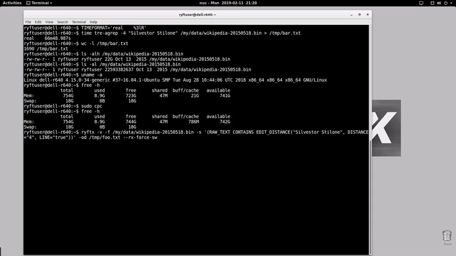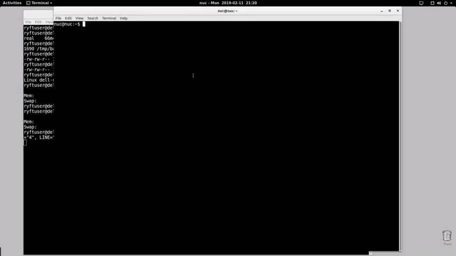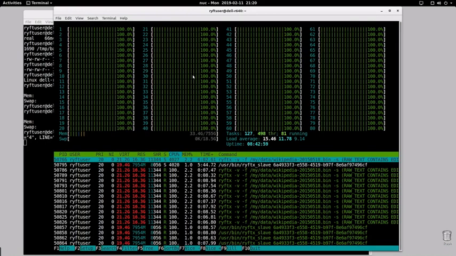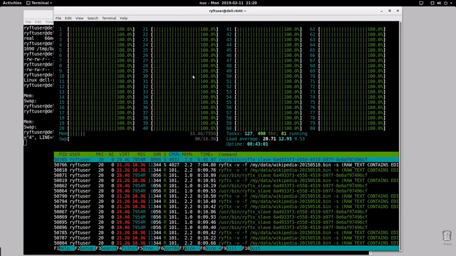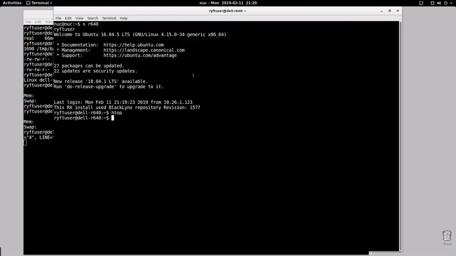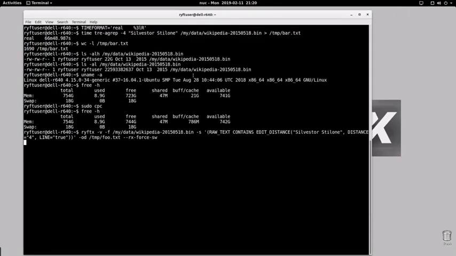But before I do, I want to show you, moving over to that system, an HTOP report so that you can see that we are slamming those CPUs right now because we told it to run in all CPU mode, and there it goes. So I'm going to go ahead and quit that and actually walk you through now the